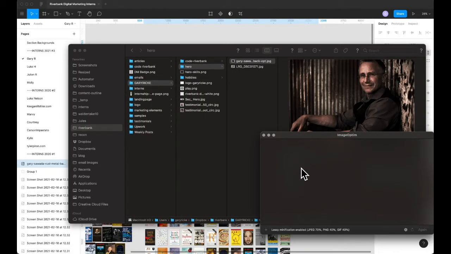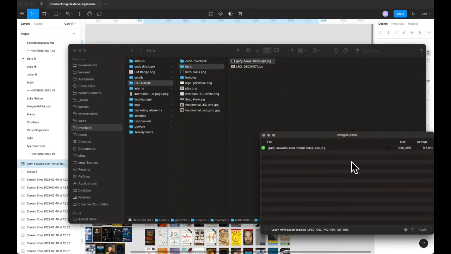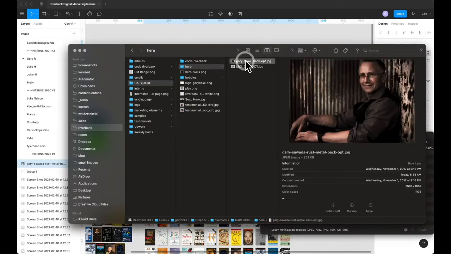So I have this program, ImageOptim, that runs on the Mac. You can find alternatives online if you're on a Windows-based platform. I'm not sure yet of one for Windows, but I'll drag this over here and optimize it like that. So it saved this by 50%. It sized it down. That's a good size for something that large. And now that that's done,